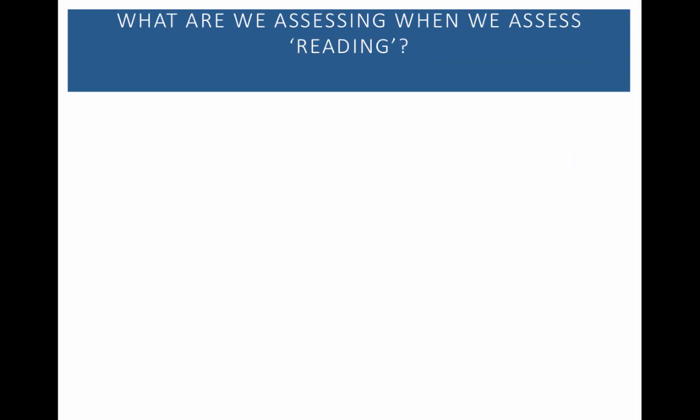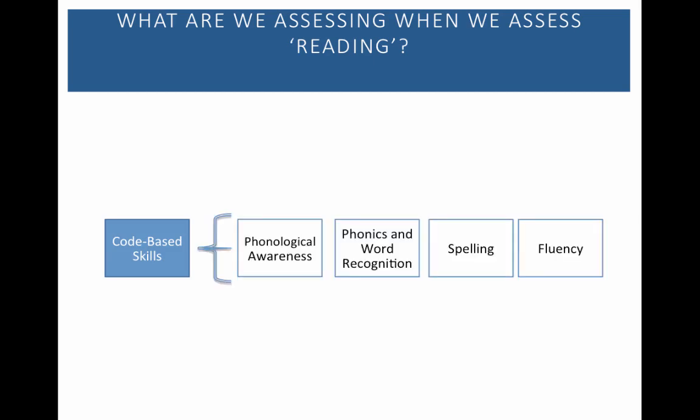So when we assess reading to identify the various component skills that support a literacy performance, what are we assessing? Well, we are assessing code-based skills, which are the skills that support students to read the words on a page. For example, whether a student has knowledge of the sounds that letters make and is able to blend these sounds together to read words. In addition, a number of other skills, including the ability to read words fluently across a text, are associated with code-based skills.